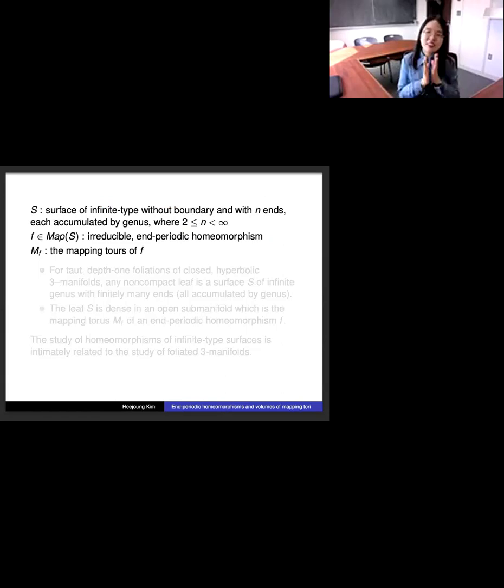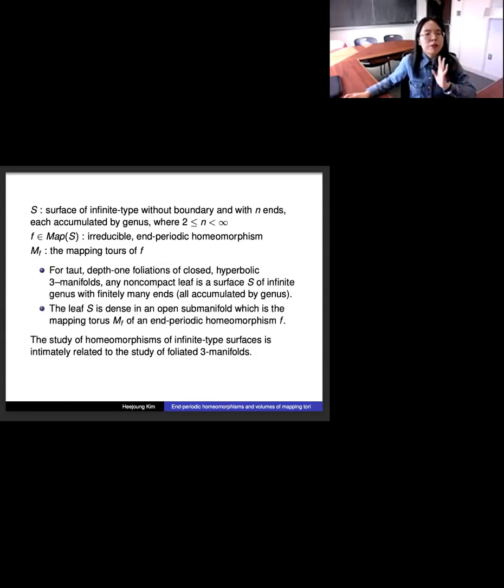So let's consider an infinite type surface, like the mapping torus of a reducible and periodic homeomorphism. So now let's think about mapping tori. Okay, so F is a reducible and periodic homeomorphism, and let MF be the mapping torus of F. Then such a mapping torus is interesting to consider